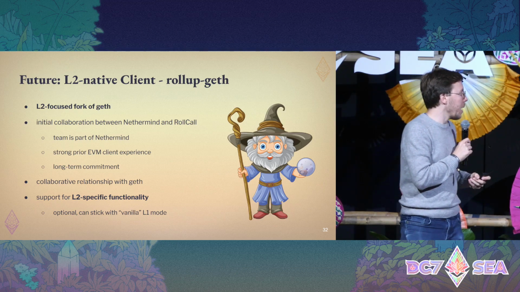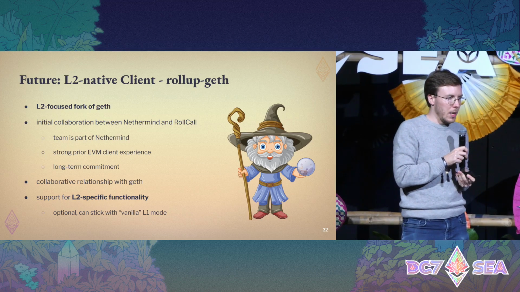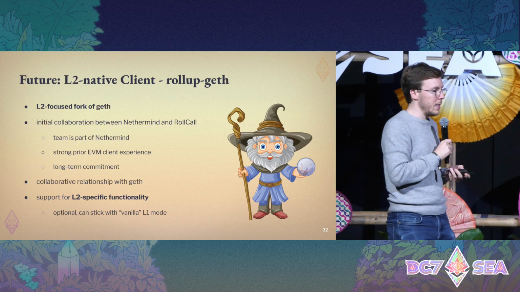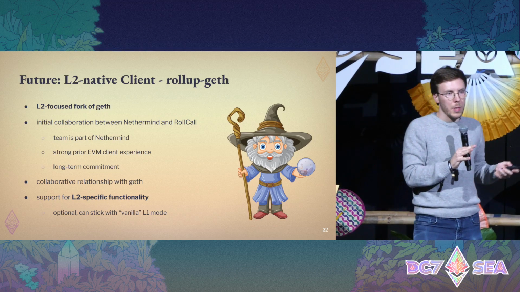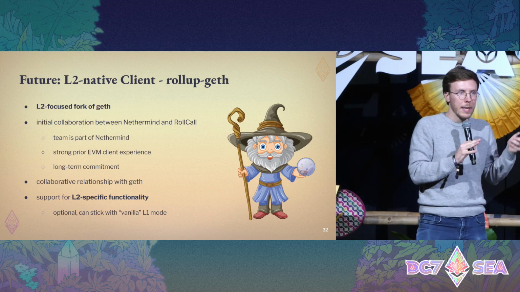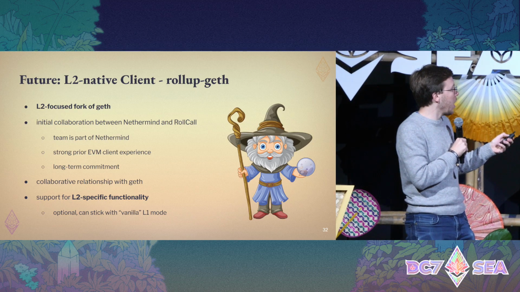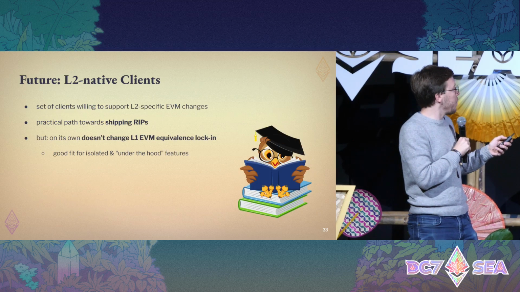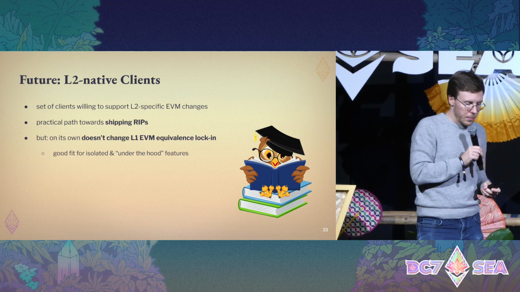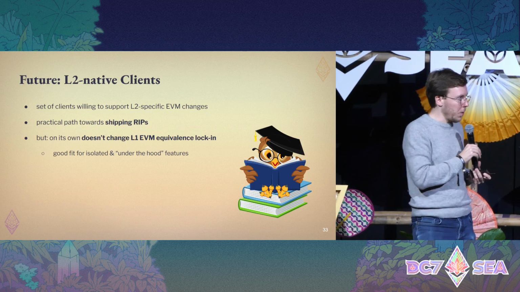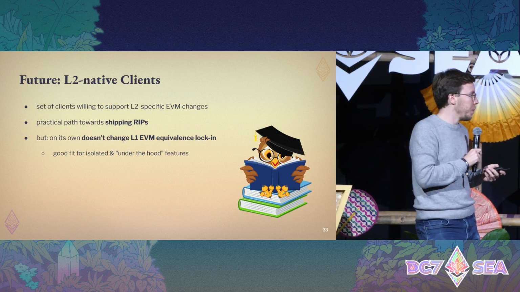Ideally, that way we can leverage the existing skill set that we already had in the Nethermind team and really help L2s there. So that's pillar one. Pillar one is to make sure that all L2s have a client that is willing to support rollup specific features. Now, as I was saying, that is joining the broader set of clients, and now we can start to ship more ambitious EIPs, because the clients can support them.